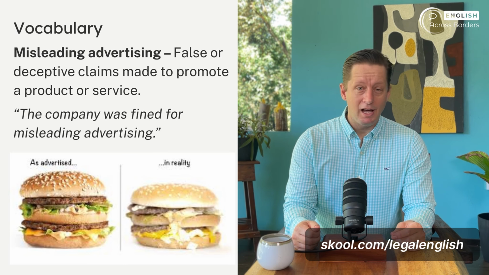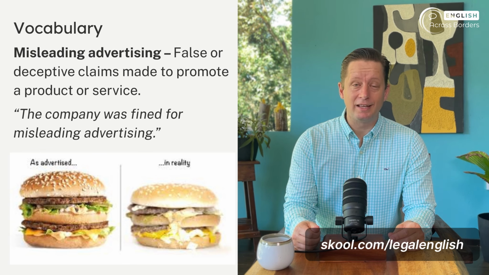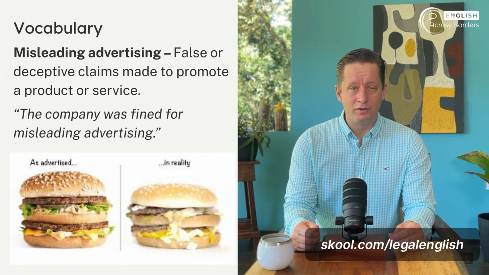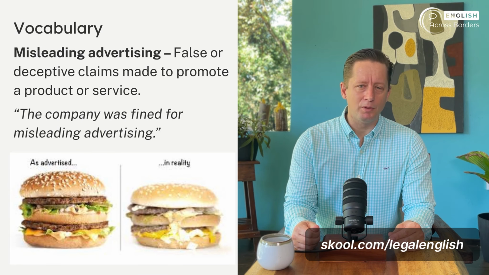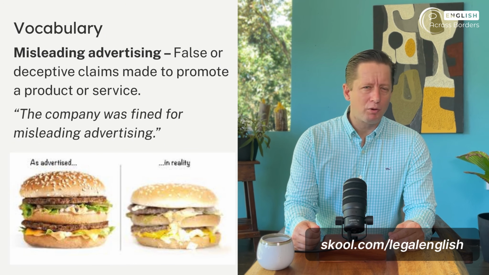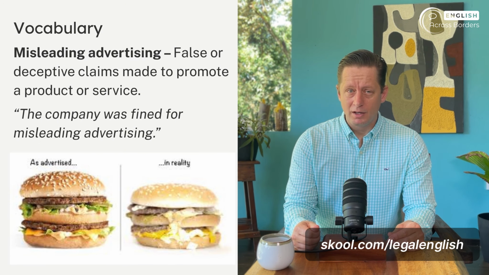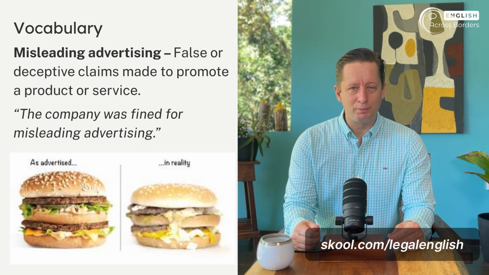Misleading advertising happens when a company makes false or deceptive claims to sell a product or service. This can include exaggerating benefits, hiding risks, or using language that confuses the customer. For example, the company was fined for misleading advertising. A common example is a food label that says 100% natural when the product contains artificial chemicals. Another example is a mobile phone provider promising unlimited internet, but in reality, slowing down the speed after a certain